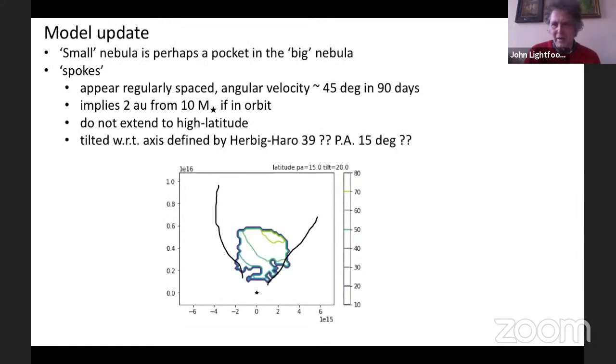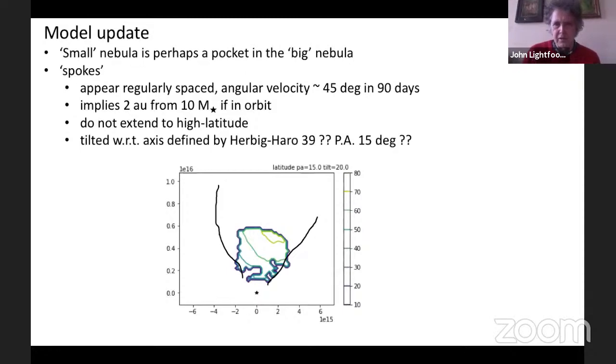I think I'll leave that out because it's quite hard to explain. What I'm trying to do here is work out, if the thing moving near the star, which is casting those spooky shadows, has a certain axis, what might that axis be?